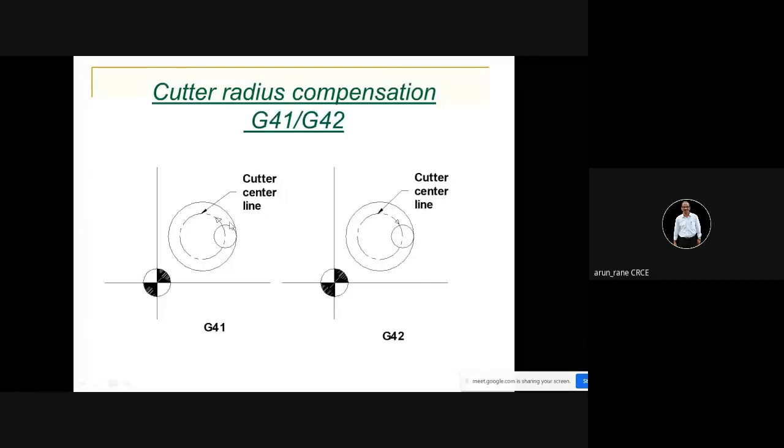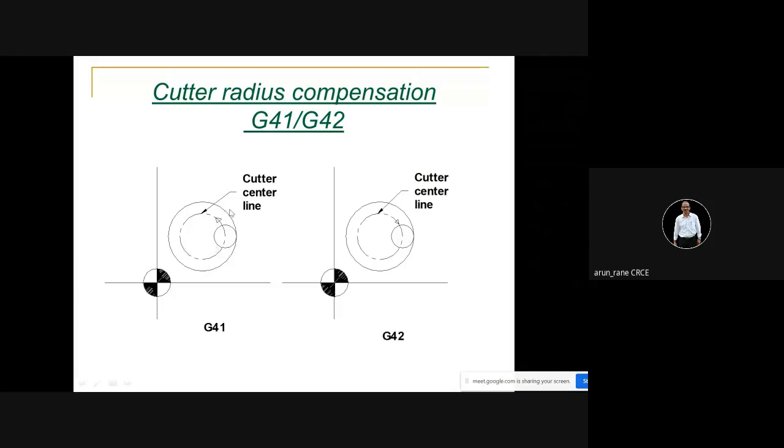Remember this is a hole. Imagine this is a hole to be cut, and this rectangle is nothing but a workpiece, the block. You put a block, and in that you have to cut a circular hole. Now you will ask me why not cut the hole by drill or by boring bar? Say this is a very odd size, let us say the size is 32.254. So the drill is not available, and let us assume that a boring bar is also not available. Definitely the drill is not available, and for a boring bar you need to set this size. So the easiest way is to do it by circular interpolation.